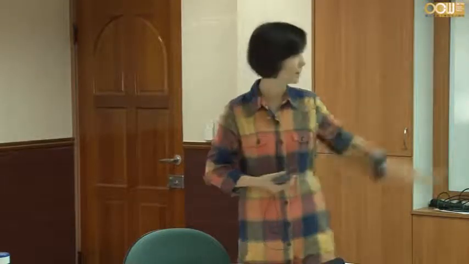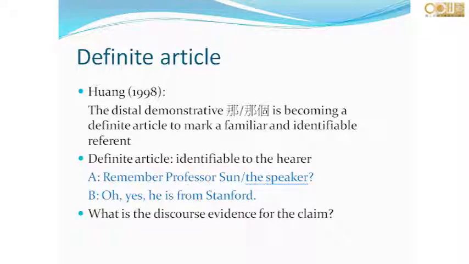The teacher assigned. 这样懂了吗？所以中文没有。那凭什么我们说它在改变？所以今天我们希望报告的时候，特别要强调的是，基于什么样的原因、证据，我们可以说中文慢慢出现了 article system。OK，下面黄老师1998年的 paper，他说 the distal demonstrative 那，OK，这是 proximal 的，近的、远的。那或那个 is becoming a